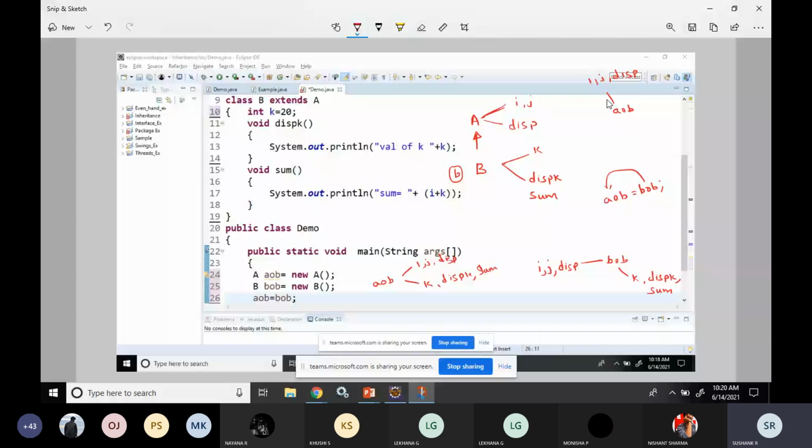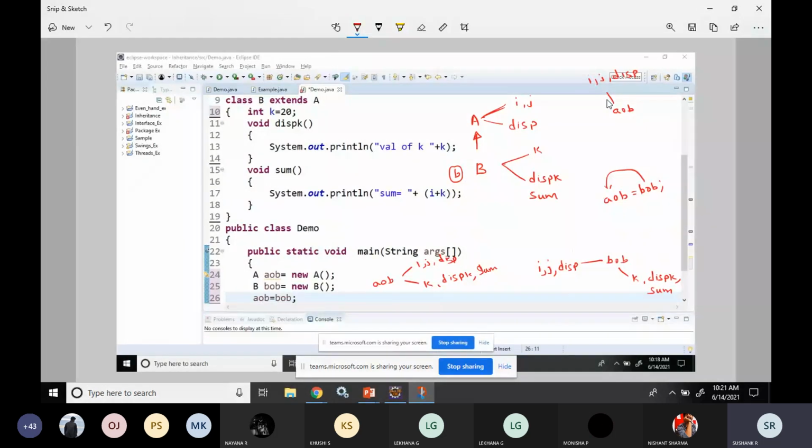Since BOB can access all of these, you may think that AOB can too. Did you understand this point till now? Is it clear? Any confusion or doubt? Okay.